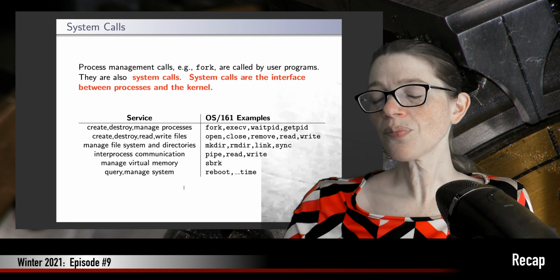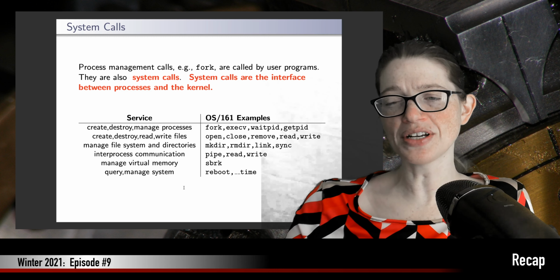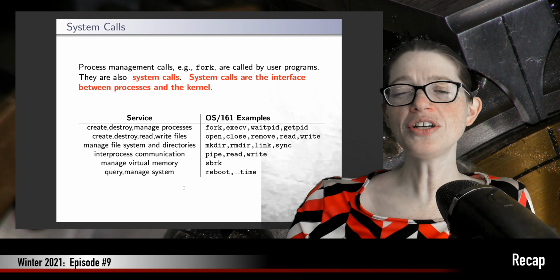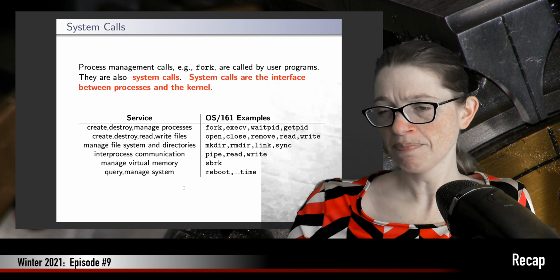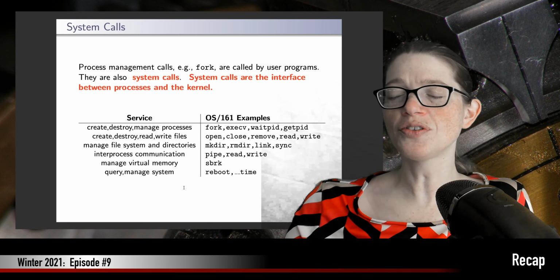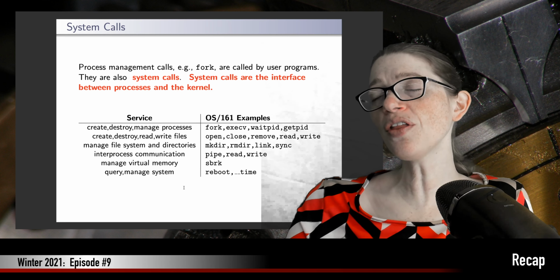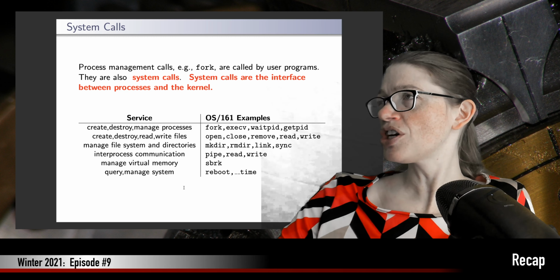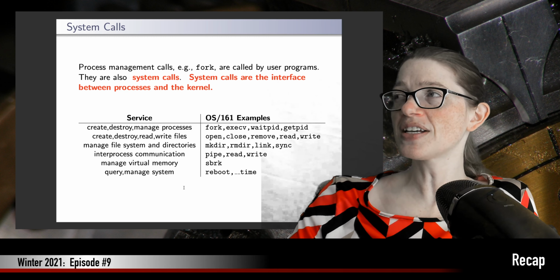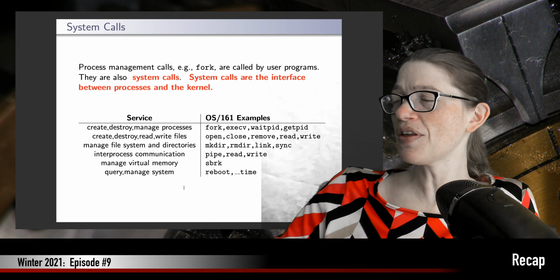So for good abstract design reasons and also for security, we don't let user programs directly access things like the file system. We don't let them directly alter the voltage of the CPU without the kernel of the operating system being involved, because number one, the implementation may change as we start to do bug fixing, and number two, one of the other things that can happen